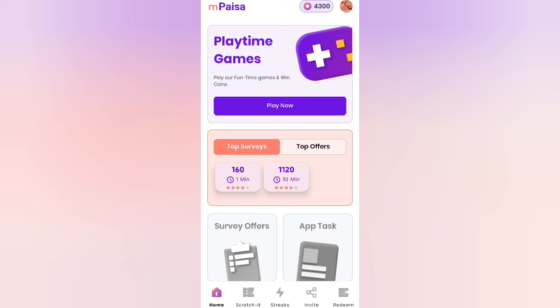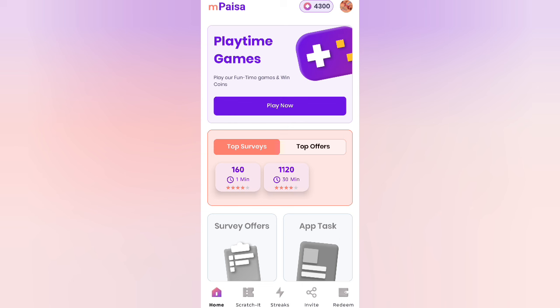Now, what is this platform known as Mpaisa all about? Before I proceed to show you guys how to place a withdrawal, I will briefly talk about what it is basically all about, for the purpose of those hearing about Mpaisa for the first time. So the Mpaisa platform is a multi-purpose platform where one can play games to entertain himself, or play games for the purpose of getting rewards, and those rewards are recorded as coins. And after those coins have been added to your account, how can you withdraw them? That is what we are going to be discussing in this video tutorial.